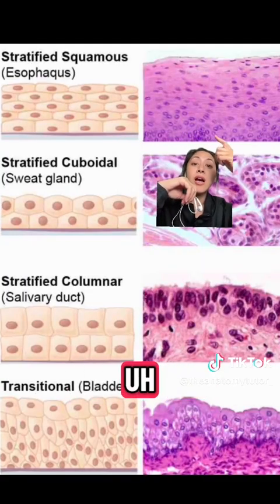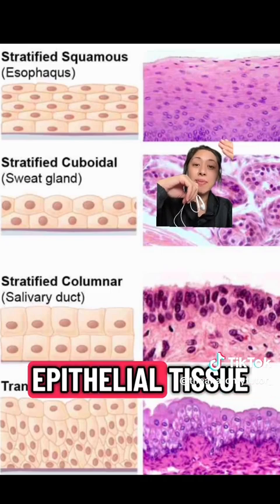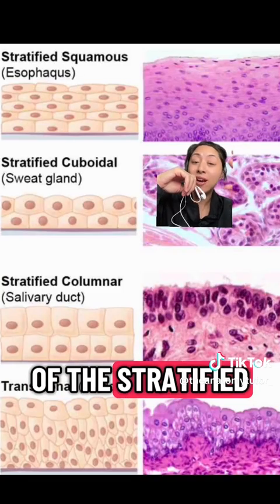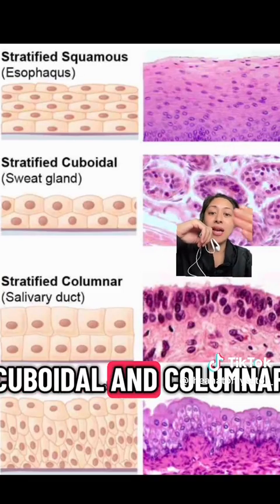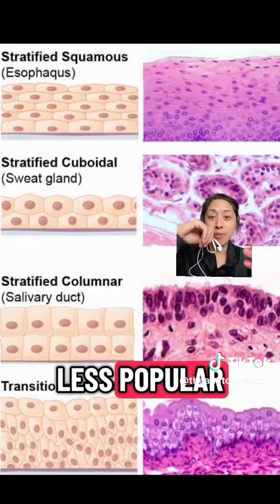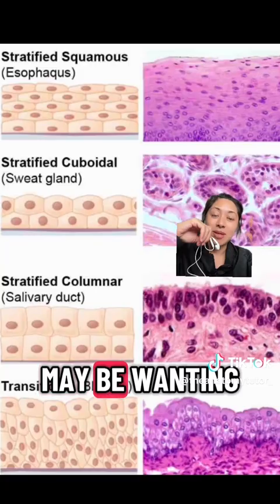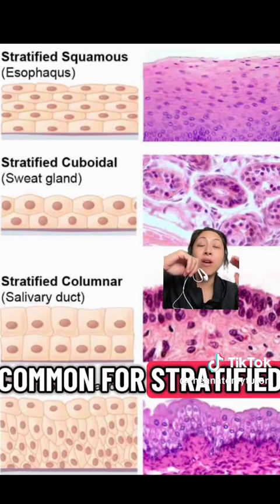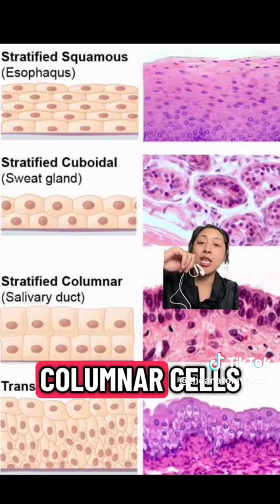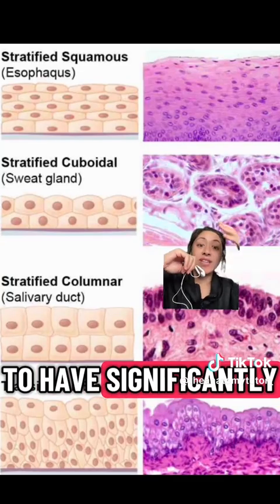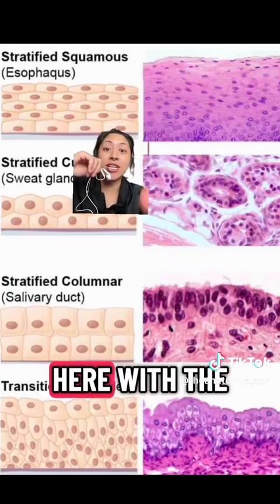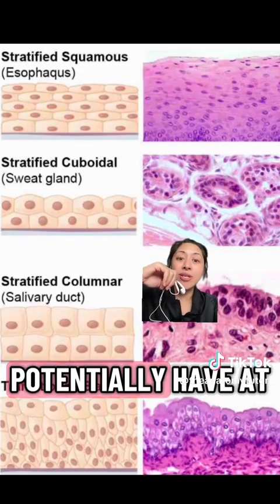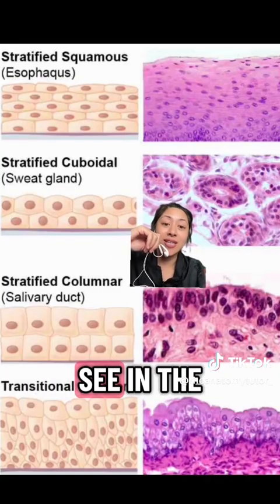Now, of the variety of stratified epithelial tissue, stratified squamous is the most popular of the stratified arrangements. Cuboidal and columnar are going to be less popular, but your professor may want you to know an example of where to find them. It's not as common for stratified cuboidal or stratified columnar cells to have significantly multiple layers as we see here with the stratified squamous, but they may potentially have at least 2 layers, as you can see in the real